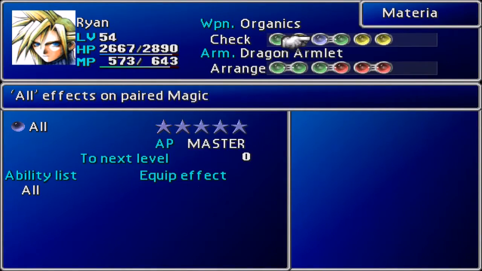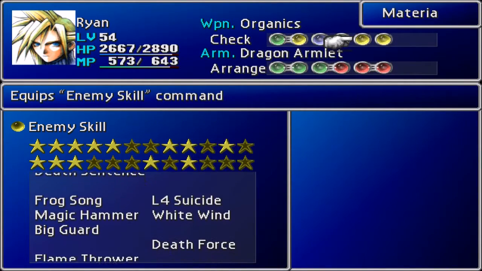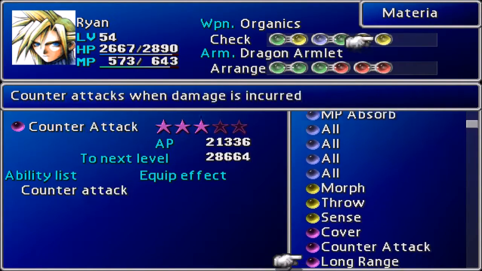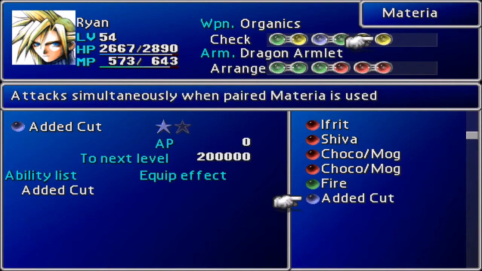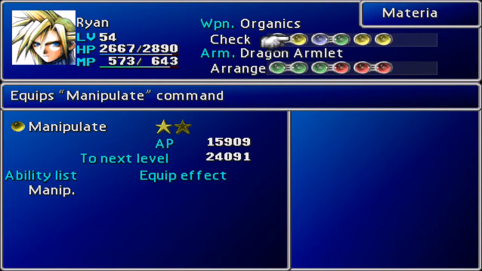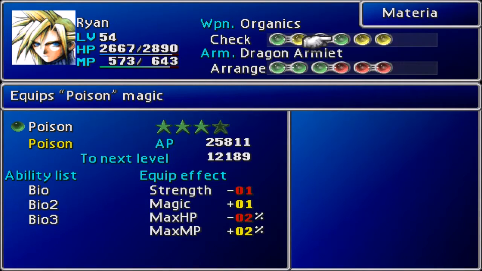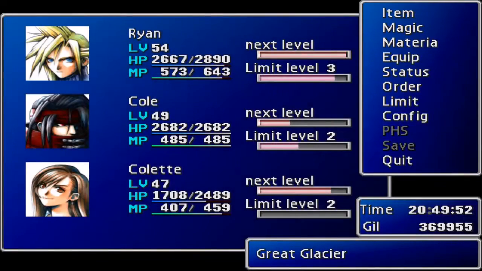So I will go down and I want to equip it. But I will actually go down and tell you what it does, because you're probably wondering. Added gun. Attacks simultaneously when paired with magic material. So, yeah. It's good. It's not bad. And then you remember we had added effect and...